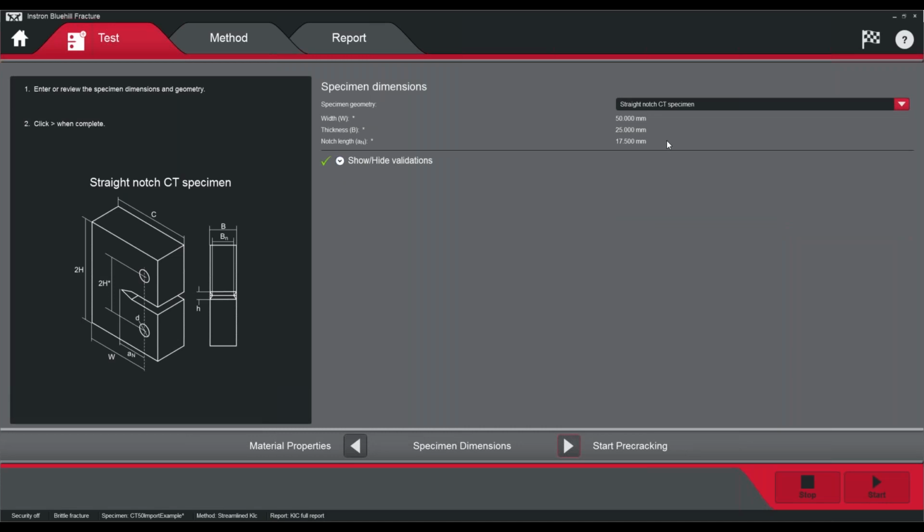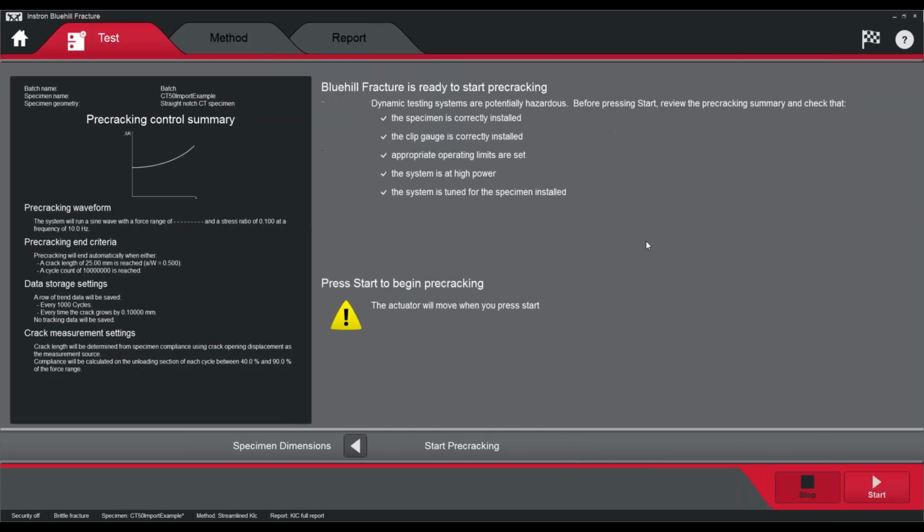Now this is where it's just giving you a summary. I've imported this data that tells me what the width and thickness, what all the dimensions of the specimens are. I'm just going to review it to make sure it does look sane. Yes. And then I can go forward and I'm ready to start my test. All my test control parameters have been set and it's ready to go. So that was really very easy to go from opening, I'm going to start a specimen, to getting to start the test. Now I'm actually going to stop that